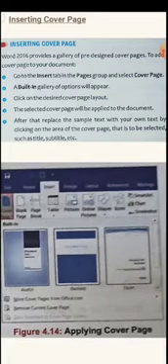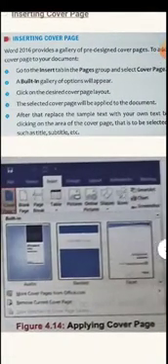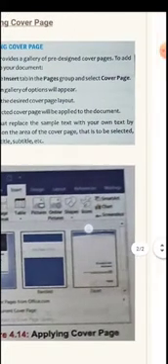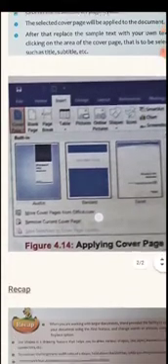Because it is pre-designed by the computer, you can design your own cover page by changing the text with your own text, by clicking on the area of the cover page that is to be selected, such as title, subtitle, etc. Title means the main heading, and there is the subheading. All this can be changed by selecting the area where the heading is written on the cover page. So this is how we insert a cover page.